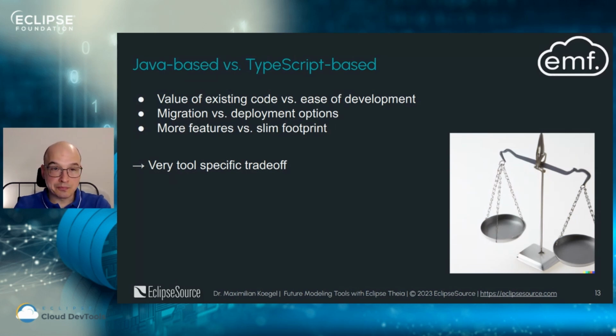Same goes for the migration versus deployment option. If you want to be able to migrate existing stuff, you're less flexible with the deployment options because you will have to have a container that runs many of those processes. And same also goes for features versus slim footprint, because what I have to admit is with the EMF Cloud